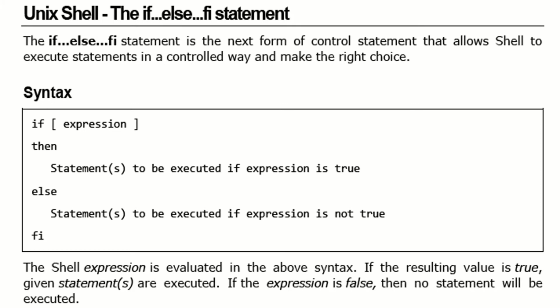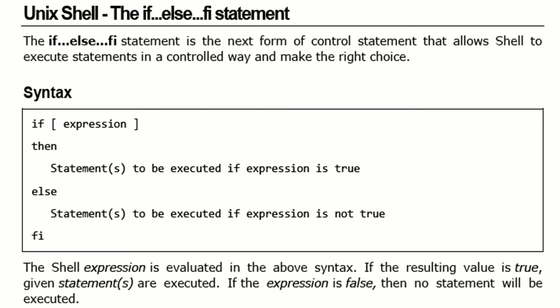Here we discuss the if then else structure in a Unix script. If we write the expression and it is true, the corresponding statements produce the results, else the other part of the statements is executed. Finally fi is the final keyword that ends the if then else structure. It is one type of control structure we have studied in shell script.